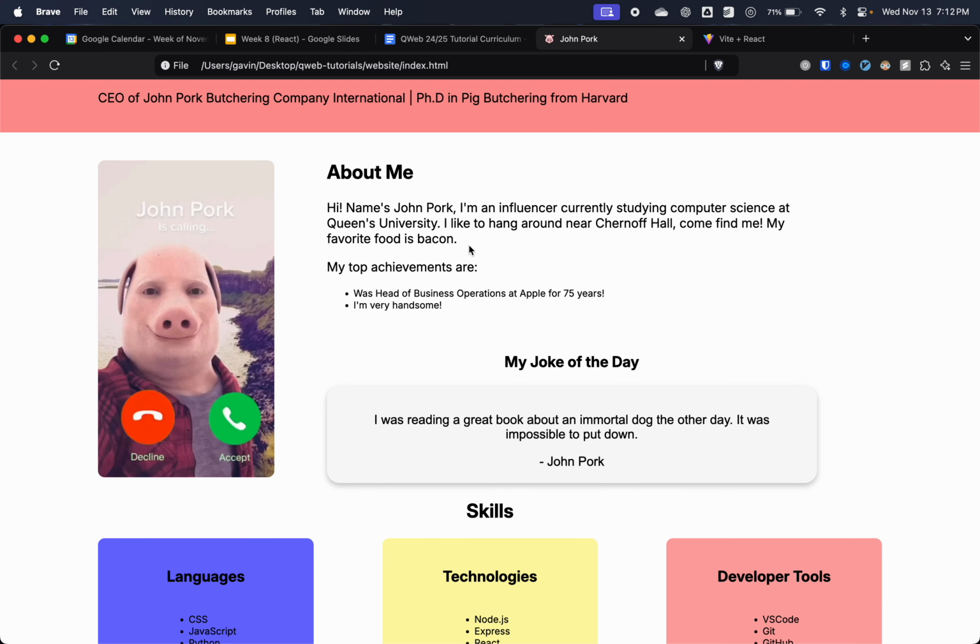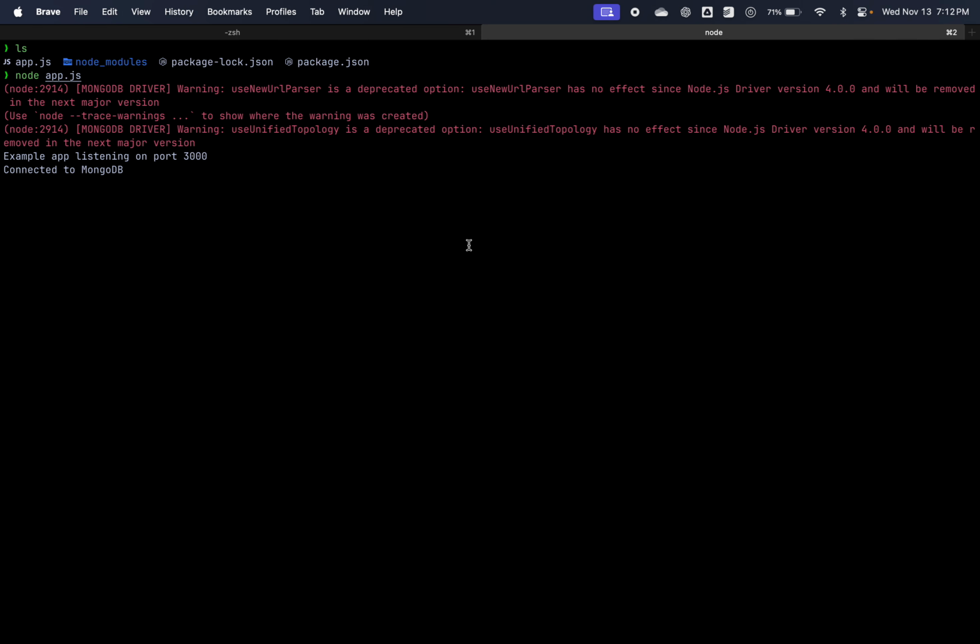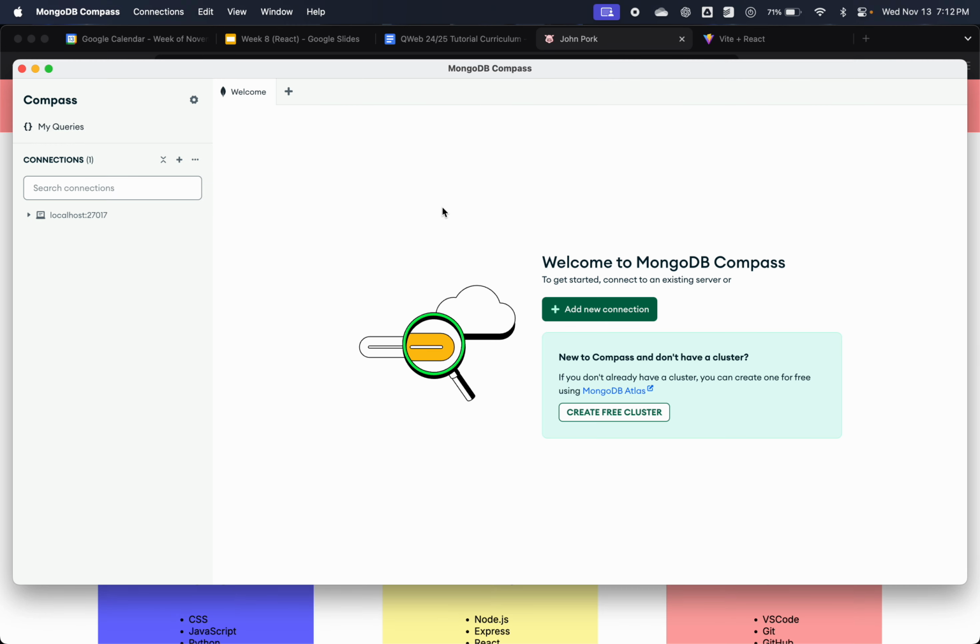And I refresh, you can see here that it actually has the content. So it's actually fetching from the backend database. So that's all well and good. So if I look at